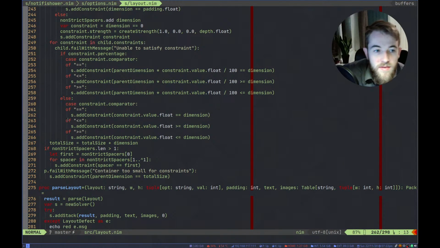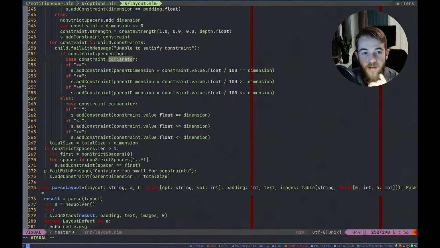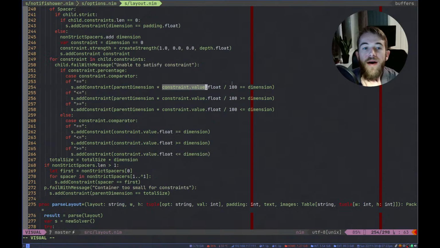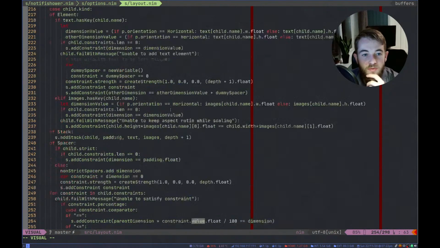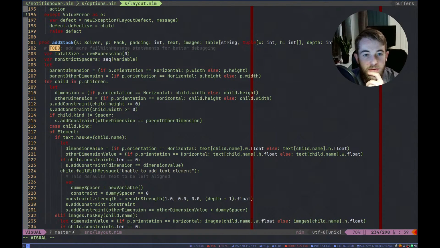Because here we have a constraint. It says if it's a percentage, then look at the comparator, and then try to add the constraint value here. So what we now, so we can't reach value when our constraint is not a value constraint, but it's a relative constraint. So here we want to grab the element instead, and we want to grab the orientation for that element.